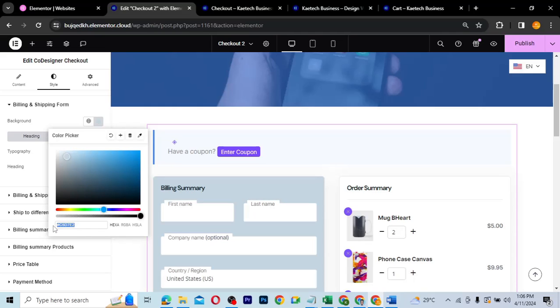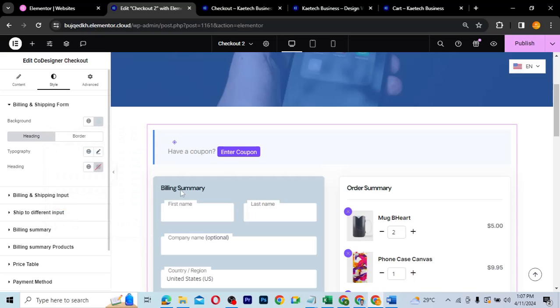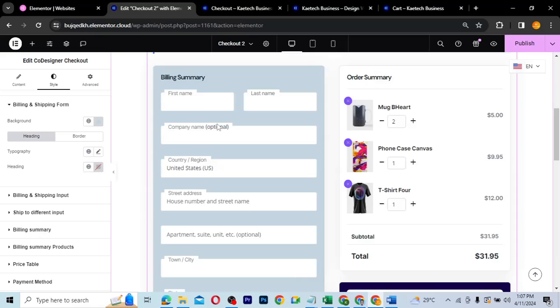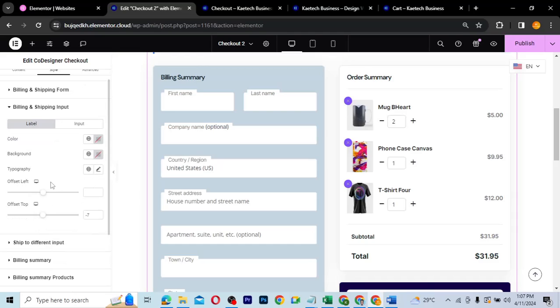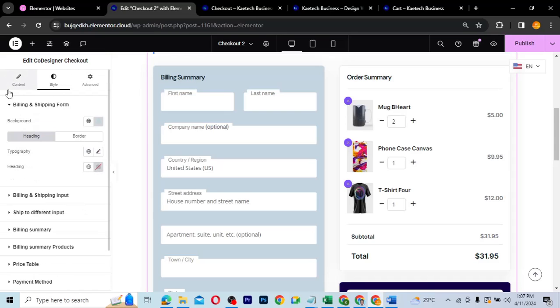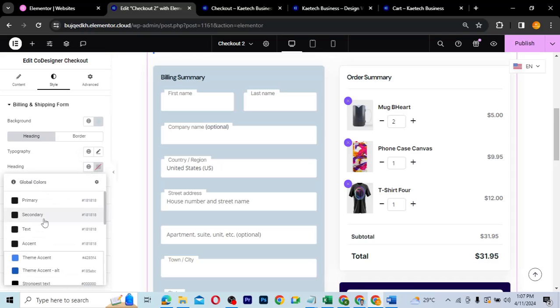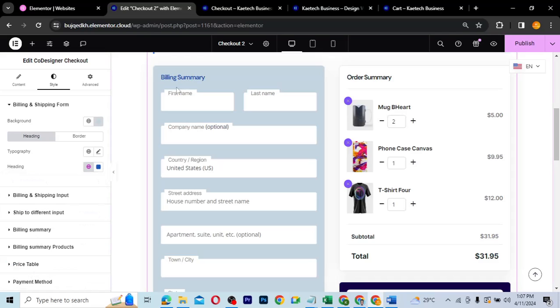I'm going to copy this code over here, because I'm going to use it throughout. Okay, so this is how I want it. This one is okay for me. I'm going to go to the billing and shipping input. Let me see this one, the billing and shipping form. So this is how it looks. With the heading also, I'm going to change it to this particular one. I want it to be this blue over here. Then I'm going to go to billing and shipping